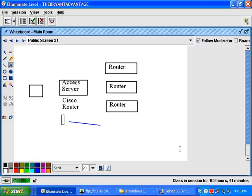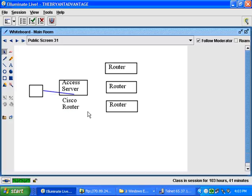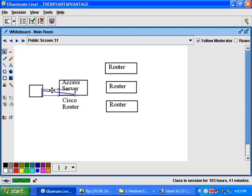You need a special cable to use an access server, but here's the beauty of it. What you do with an access server is connect your PC to the access server, and then the access server will be connected to each one of these routers' console ports with something we call an octal cable. We call it an octal cable because it's got 8 connections on it. It looks like it's got a giant serial connector on one end and then 8 individual RJ45 connectors on the other side. In this way, with your PC here, you put a simple little configuration on the access server,